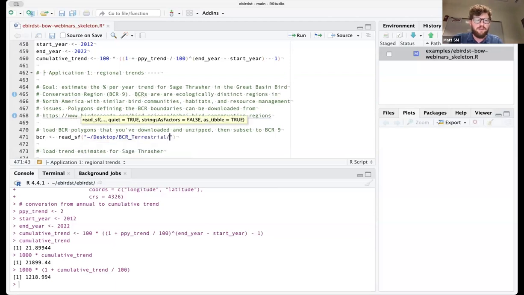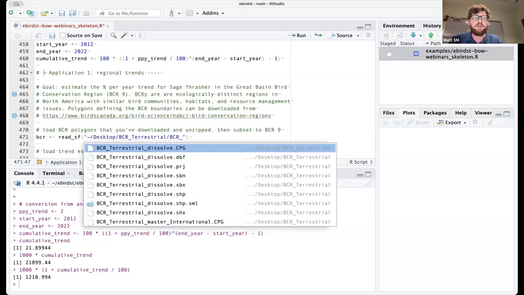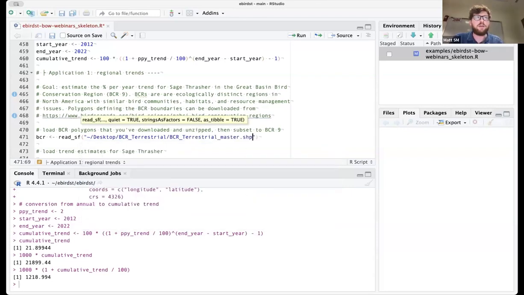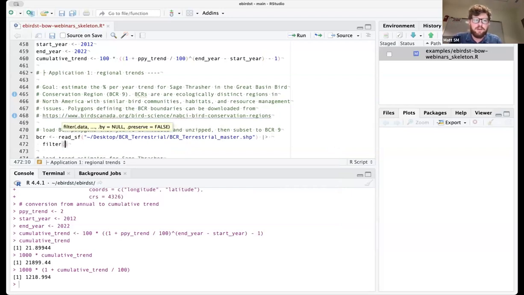They're in a folder called BCR terrestrial, and the shapefile I'm interested in is BCR terrestrial master.shp. That loads the shapefile into R, and it has polygons for all the BCRs. I'm only interested in BCR number 9, so I'm going to filter to just BCR 9. There's a column called BCR, which is the numeric value of each of the BCRs.